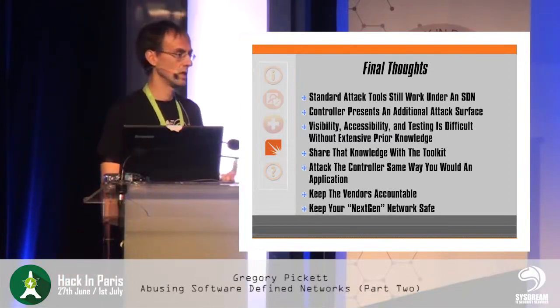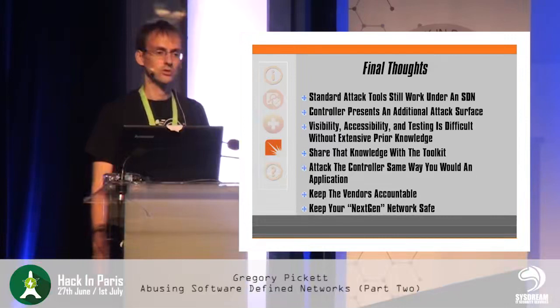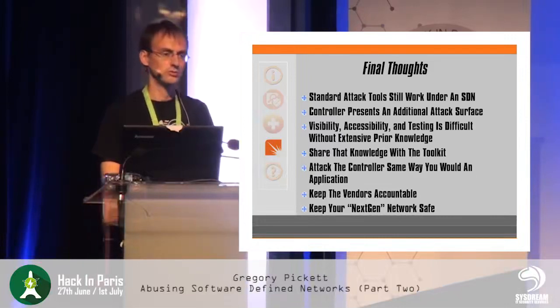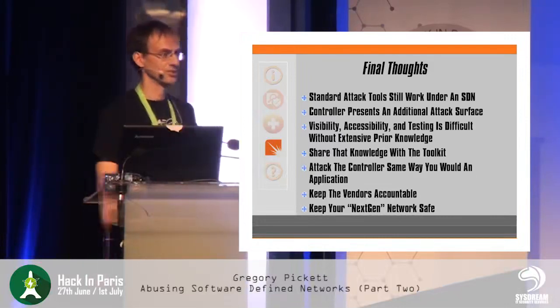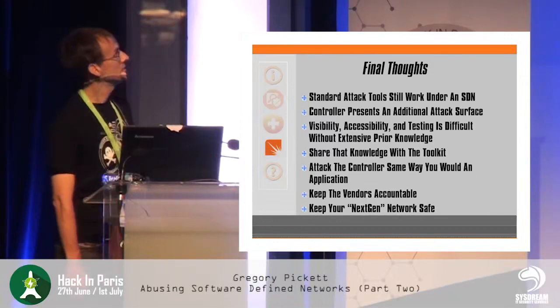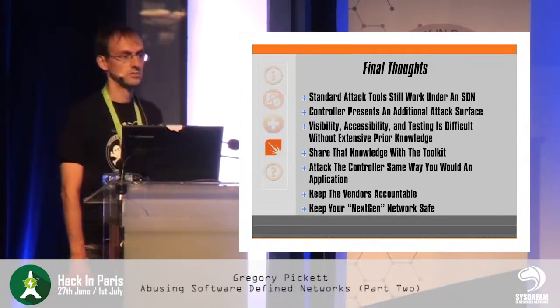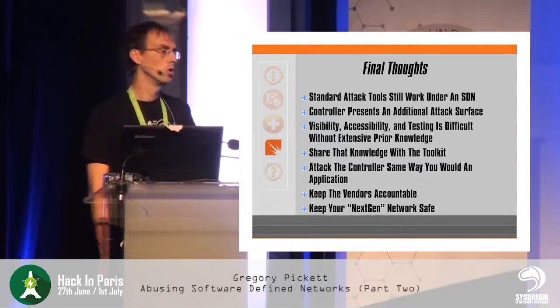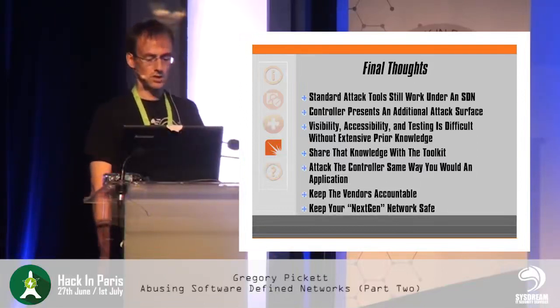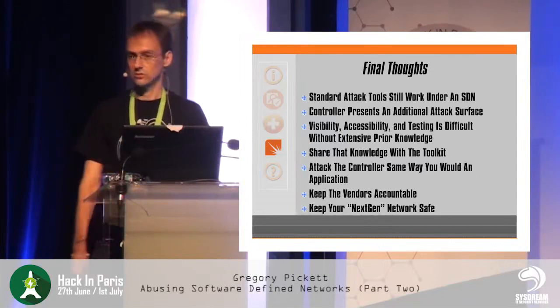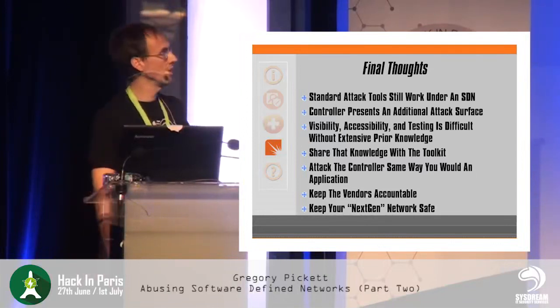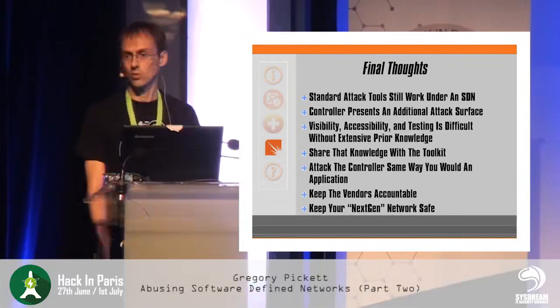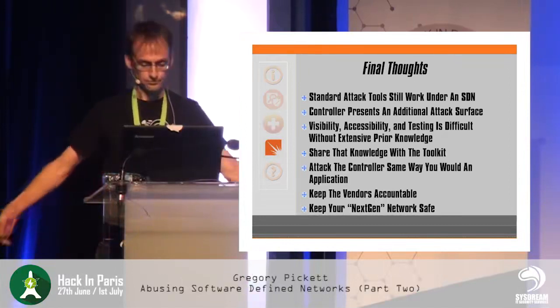So this is something for you to test that SDN. If you have to put it in that network, you have to know what you're dealing with. You have to know your risks. I'm using the R word. I generally don't like GRC myself. But it's important to know those risks so that you can do all the different things, these different compensating controls, mitigating controls, at least know what your exposure is so that you can then report that to the vendor. And of course, make sure that your next generation network is safe. Okay?